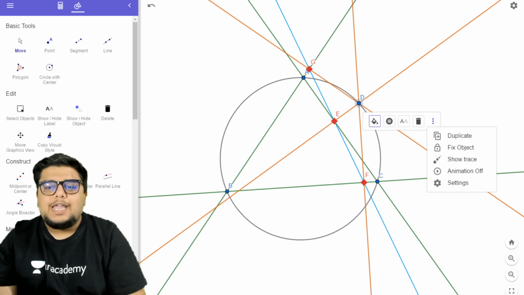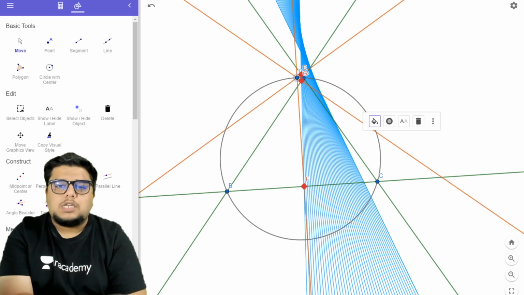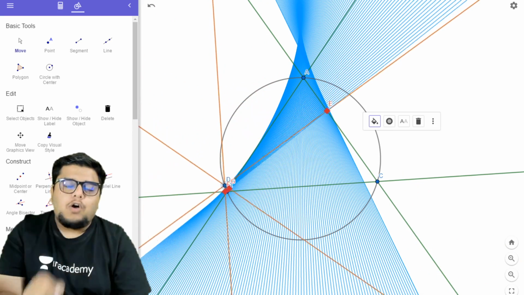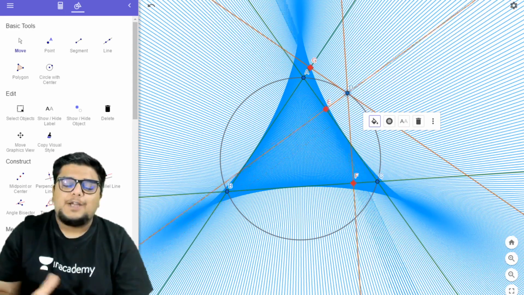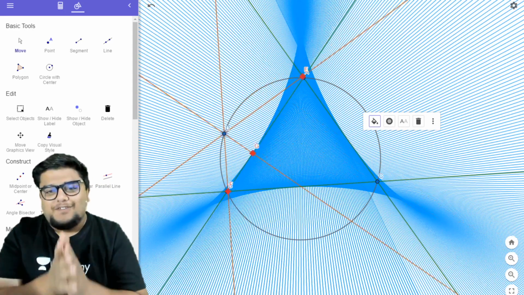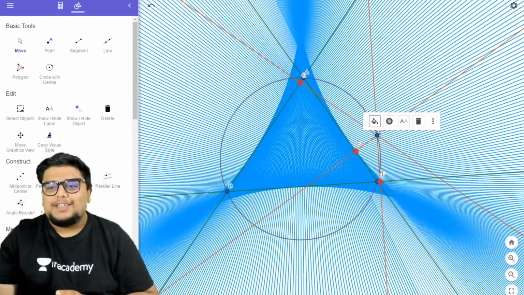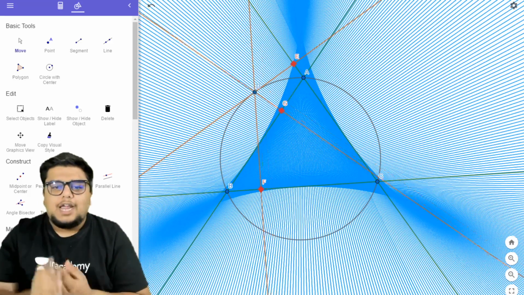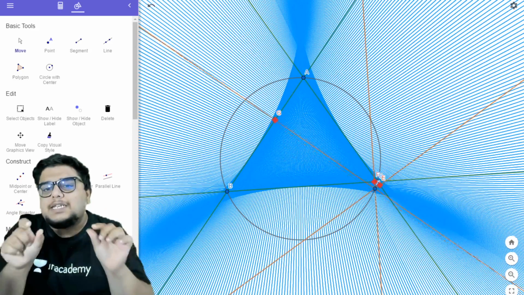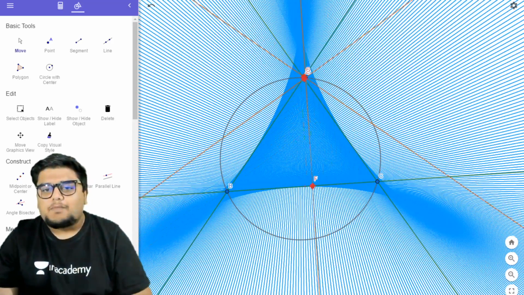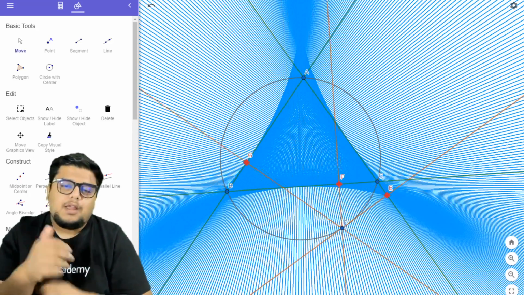After that, I will take my point D and I will move the point D around the circle. So I'm moving the point D around the circle, and this is how the Simpson-Wallace line moves. This is the path which is traced by the Simpson-Wallace line. Very interesting, very unique, and I think it's quite beautiful. Love it. So this is your Simpson-Wallace line. It is making a pattern, somewhat like a triangle. It is concentrated towards the vertices of the triangle and it is spreading like this. Okay. So quite interesting. तो अगर आपको Simpson-Wallace line समझ में आ गई है, now let's come back to the